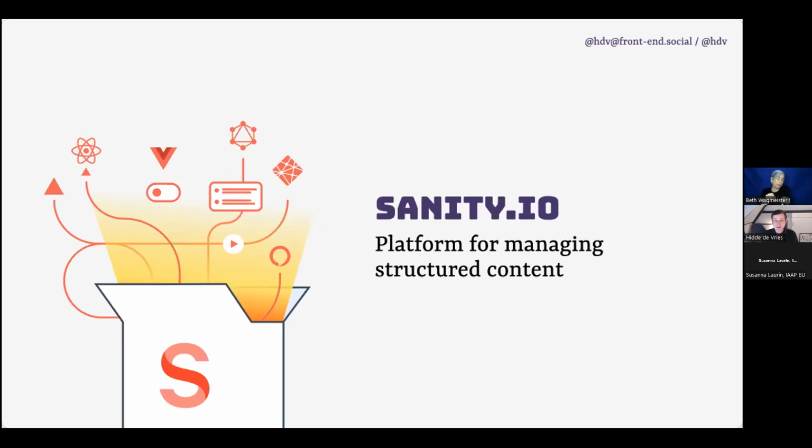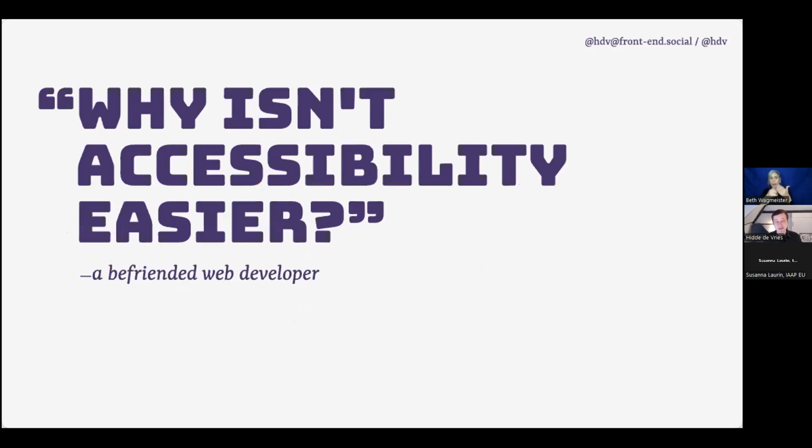But I want to talk today specifically, of course, about accessibility. Now, having worked in accessibility for a while and working in that field as someone coming from a development background, I've often talked to web developers and gotten questions like this one.